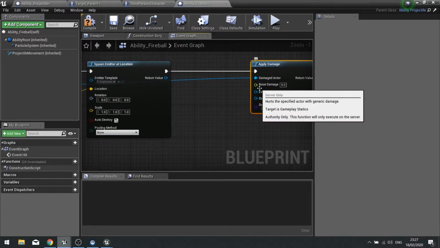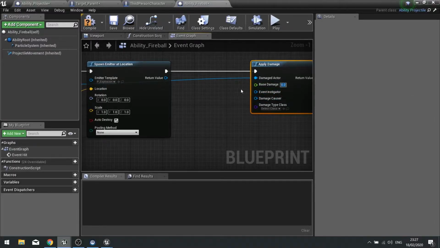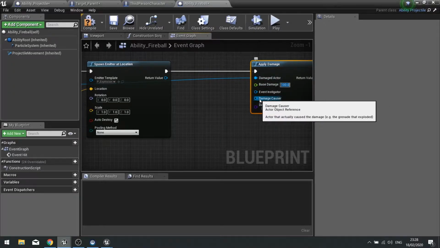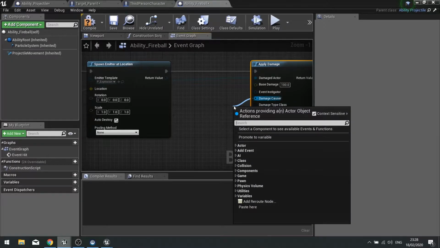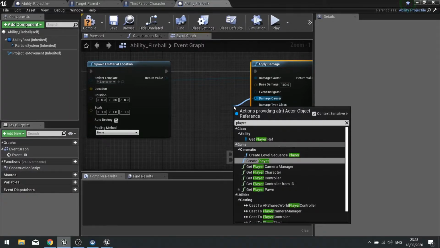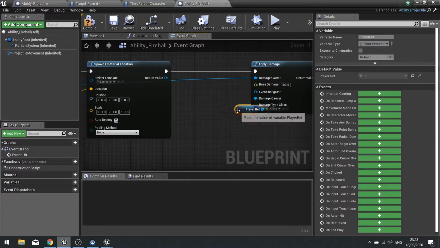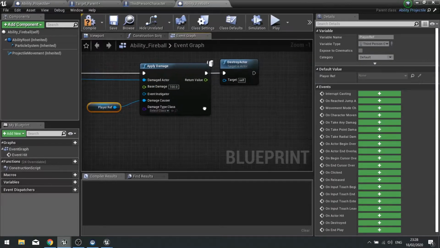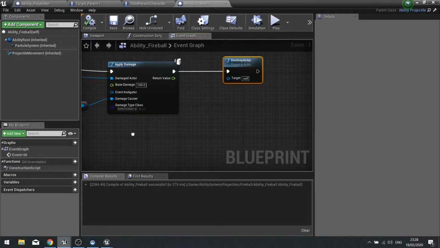The base damage is going to be whatever damage you want it to do. So it may be, I don't know, 100 HP. Okay, whatever it may be, 100. Damage causer can be the player. And we get player ref. And we'll leave it like so.